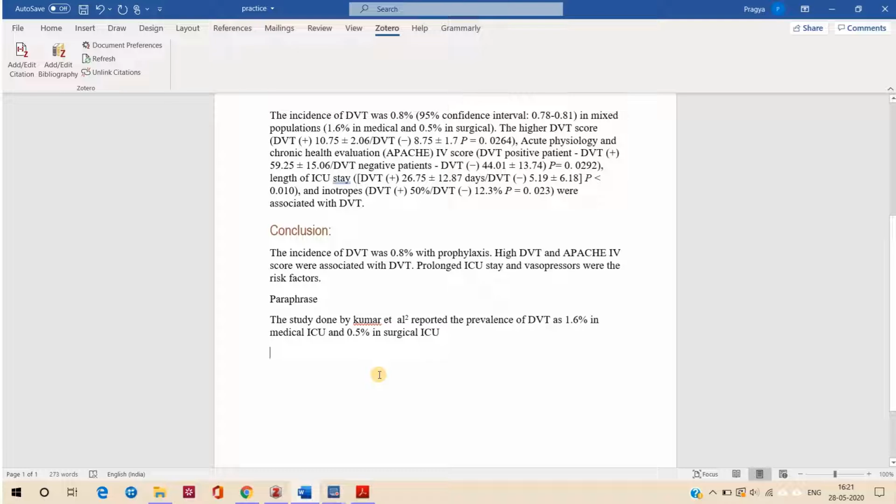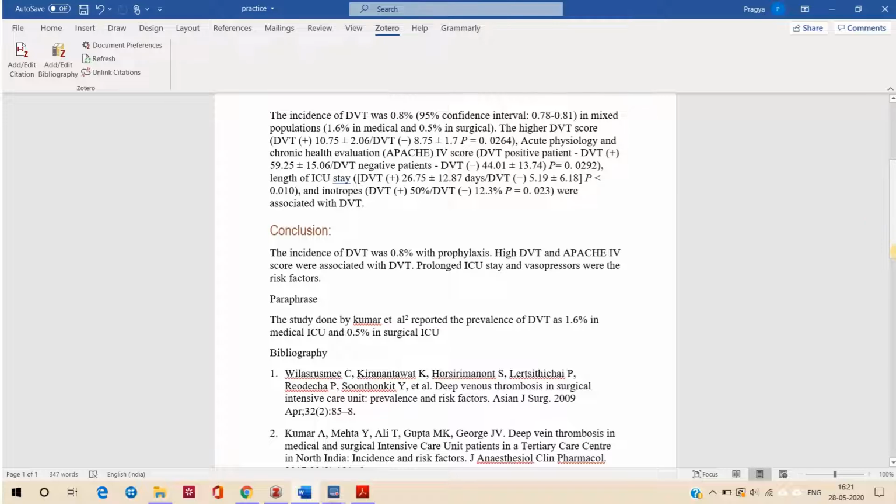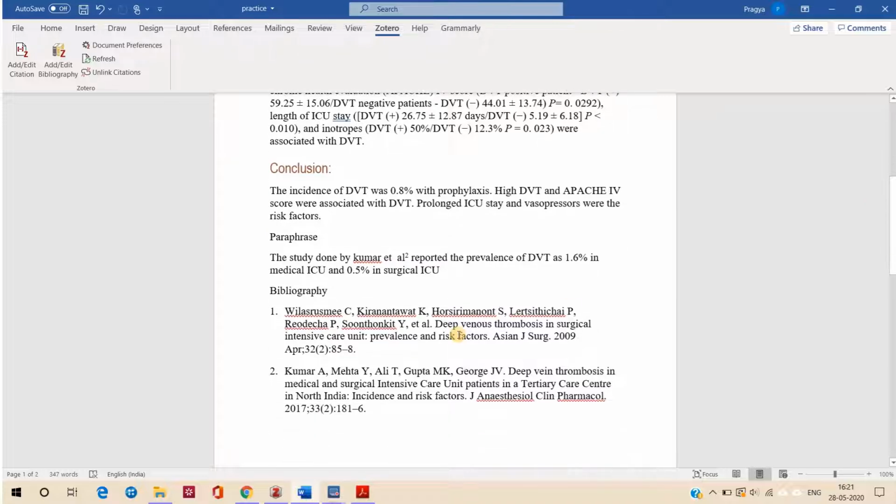So at the end of your work, write bibliography, then press this add or edit bibliography, and then you will see that those two articles have appeared here.